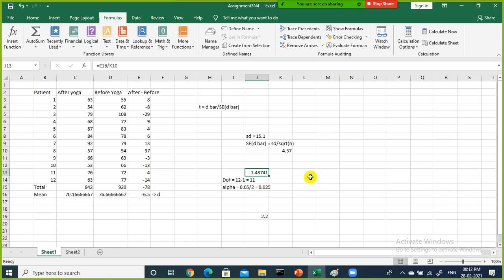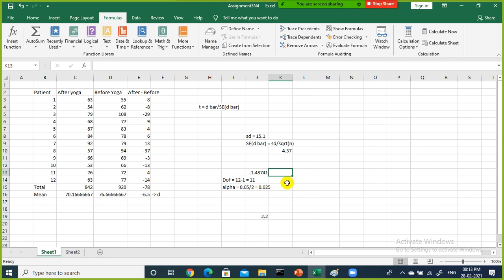Right, so it is not less than, and also plus 1.48, or minus 1.48, is not greater than 2.2. If it has to fall in the rejection region, it should be more than 2.2. If it was 2.23, probably, it can fall in the rejection region, right?